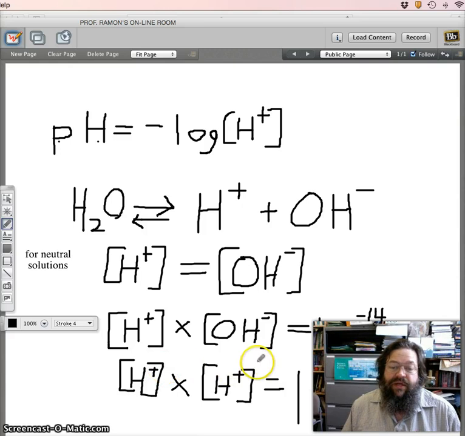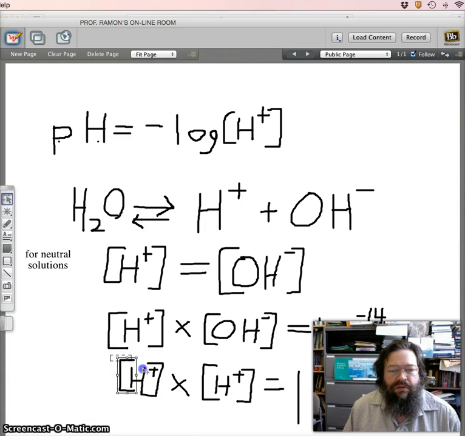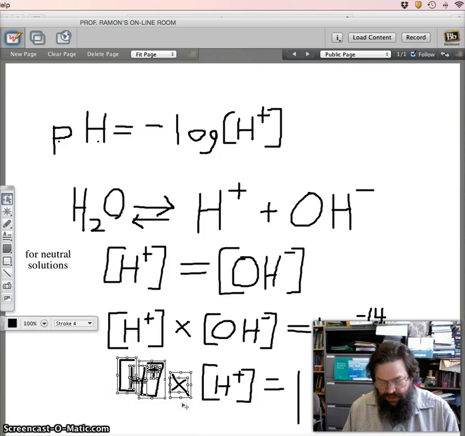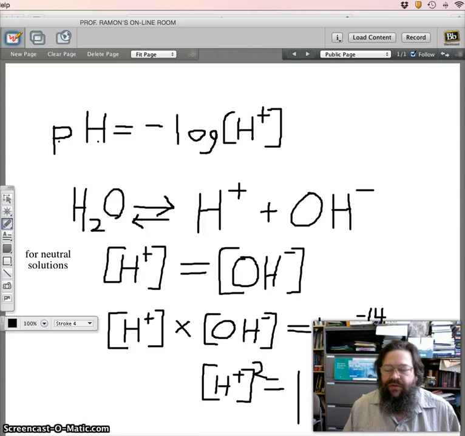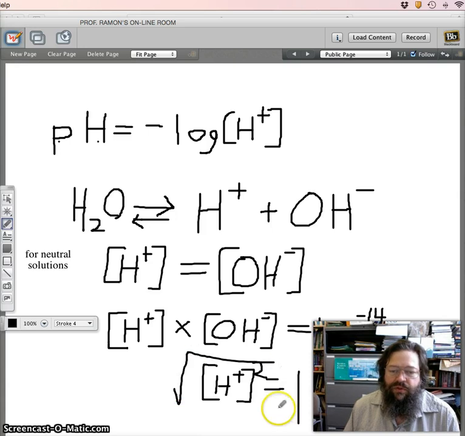Which is the same as saying that the hydrogen ion concentration squared is equal to 10 to the minus 14. And so we can solve for the hydrogen ion concentration by taking the square root of both sides. And if we do that, then we find out that the hydrogen ion concentration